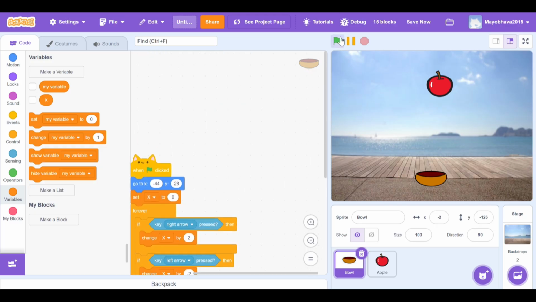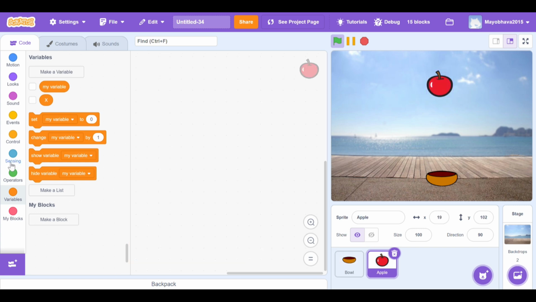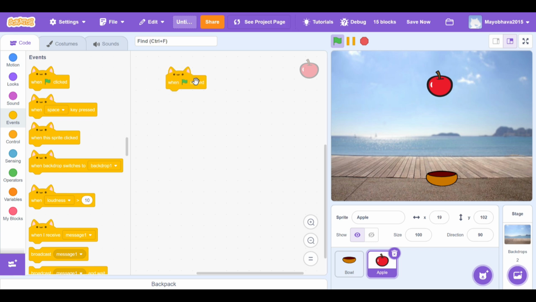Now we have the x, so now we can actually move this, but we are too up, right? So let's make it come down back, and I think it was negative 126, I think it said, and then we make that 0. Now we come here, and if the apples fall, we can actually catch them. Now our next thing to do is make the apples actually fall, and they go to random places. So what we should do is, when green flag clicked,